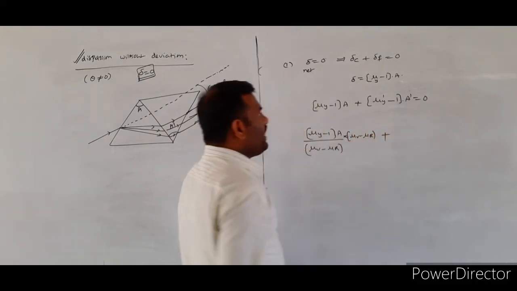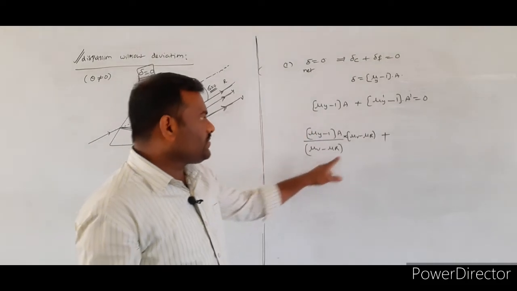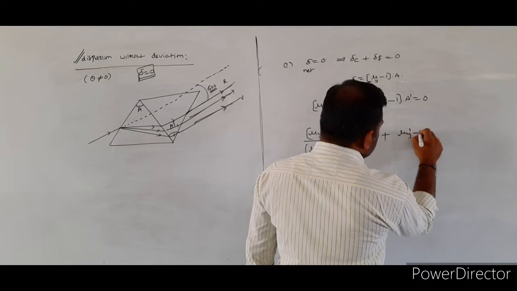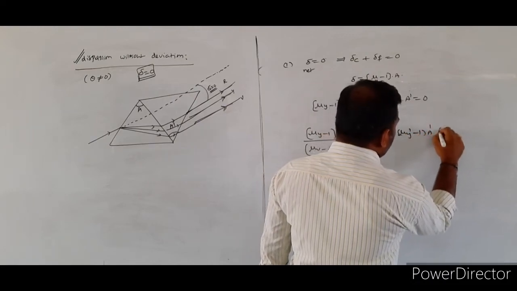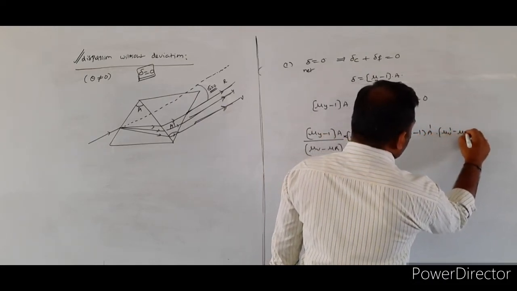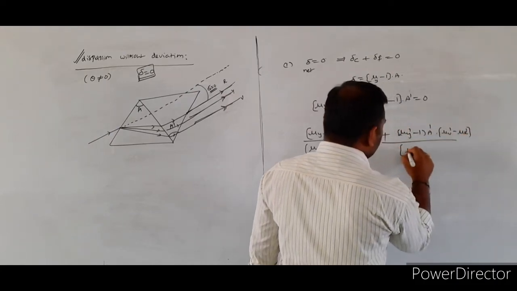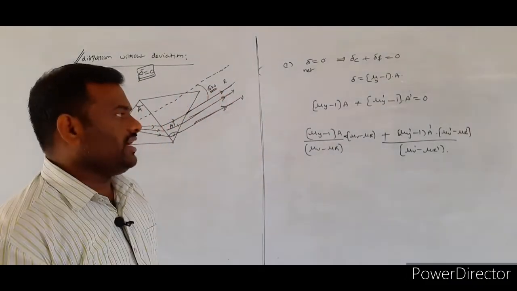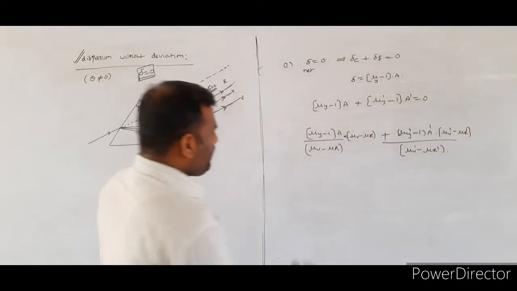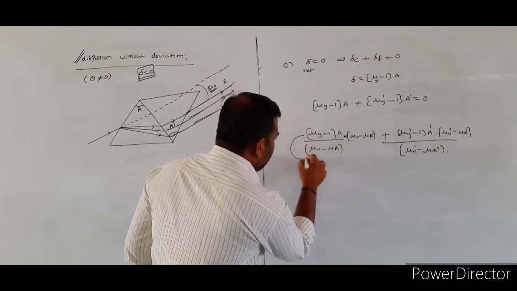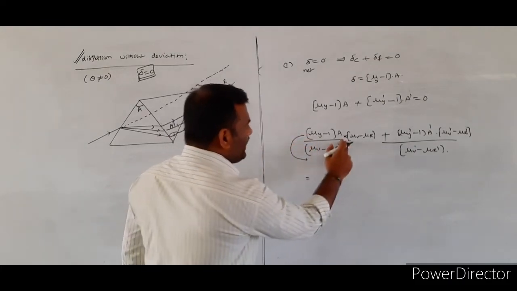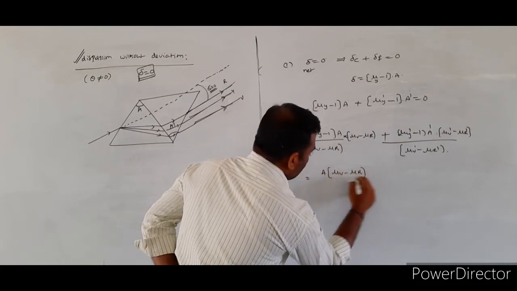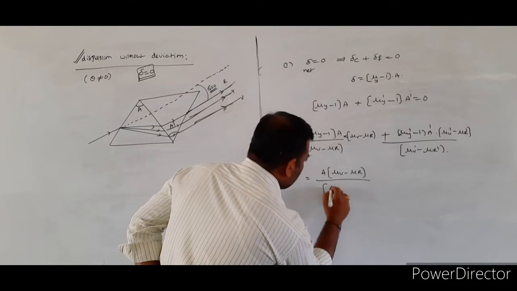So there is no change in value of this term, so these two will get cancelled. Similarly, the second term is also multiplied with mu v dash minus mu r dash and also divided with mu v dash minus mu r dash. Now, again see here, this term will be brought towards the denominator, so that in the numerator, what value was left? Mu v minus mu r. In the denominator, what does the total value become?